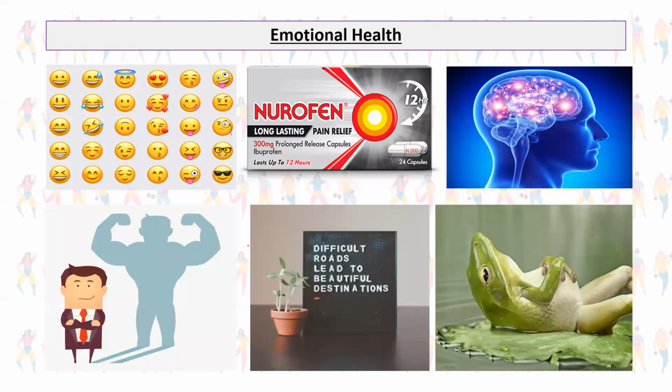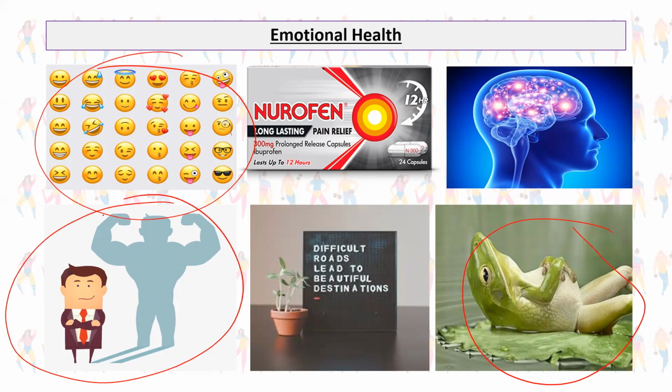And then we also looked at things like emotional health. Now, emotional and mental are often kind of merged together. But if you are going to make the distinction, you've got things like improved mood, increased relaxation, reduced stress, increased self-esteem, improved confidence, increased ability to manage pain. And that's through the release of chemicals in the body like endorphins and serotonin and things like that.